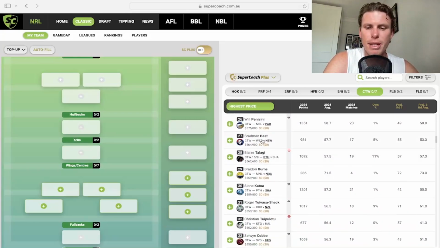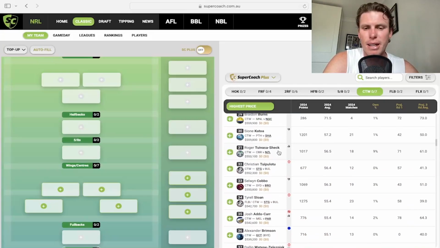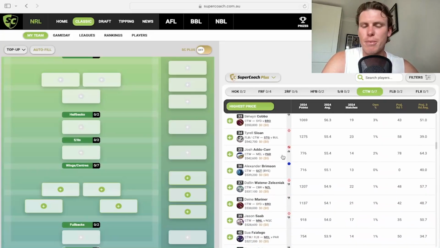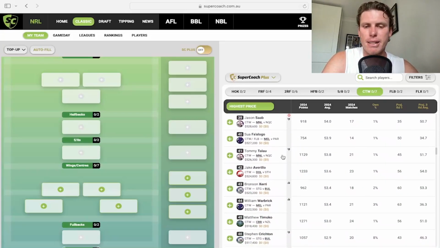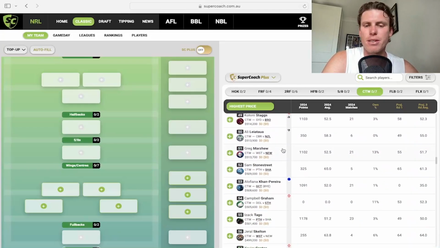To be honest with you, there's not too many guys you can compare like a Bradman Best with, unless you're looking at Penasini, but I think he wins that one. And guys like Roger, Bradman probably has a little bit more upside on those two, which is where you'd make that selection. But going down into the 500 range, we do have to stop at Greg Marzhew, Campbell Graham, and